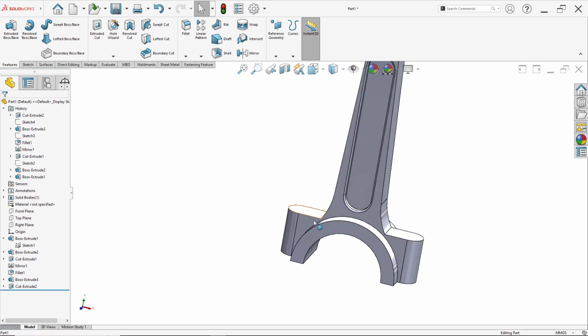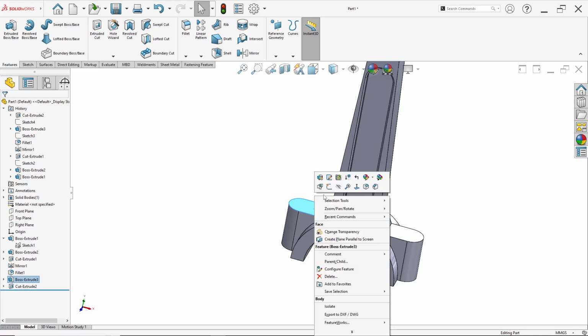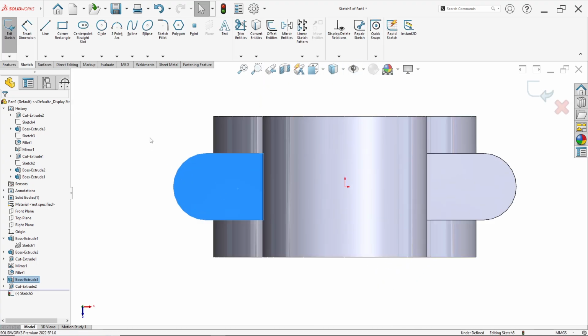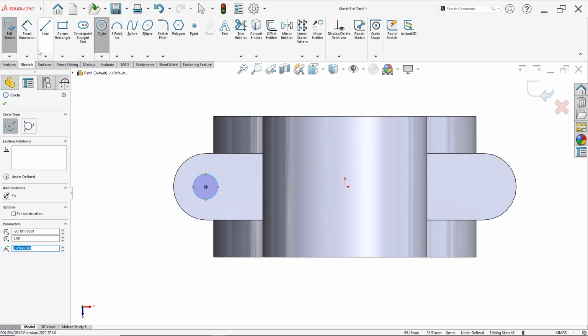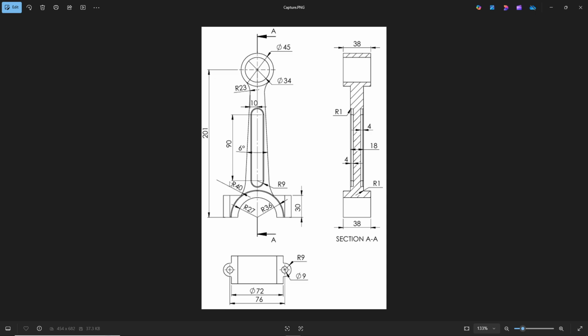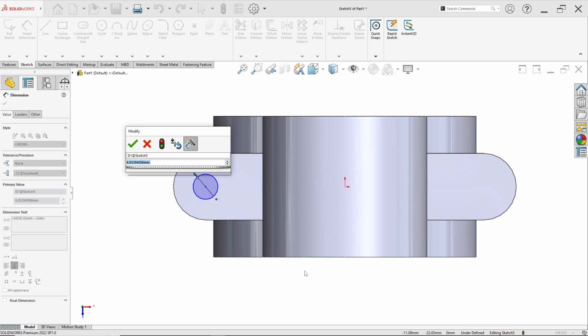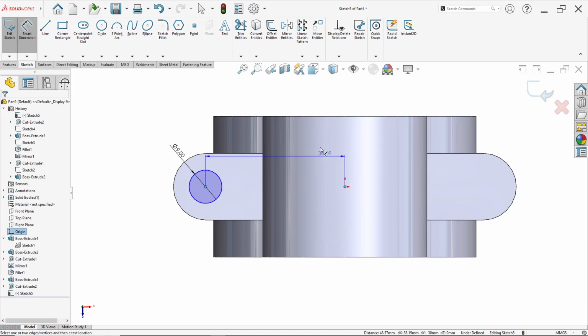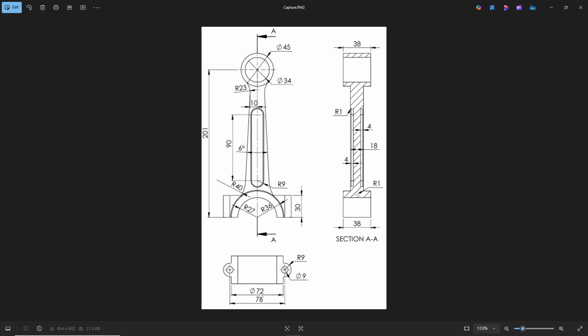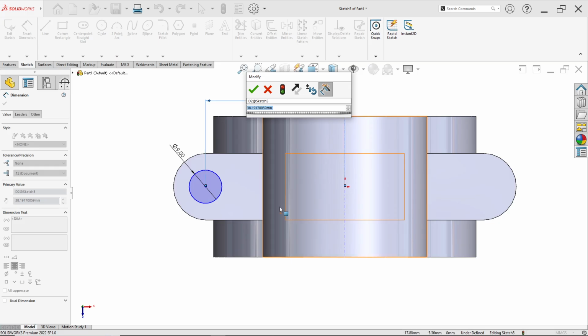Then we can right click on this face and click sketch. Now we can draw a circle here with a diameter of 9 millimeter, and for the distance here, half of 72 is 36.